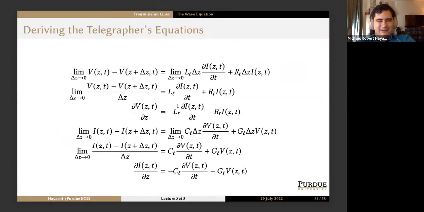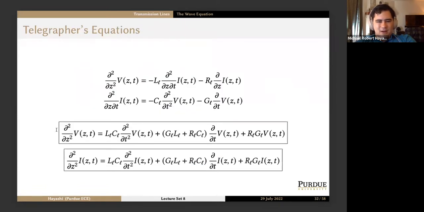And sure enough, when we did the derivation, we figured out how voltage changes with respect to distance along the line using KVL, and then how current changes along the length of the line using KCL and the differential equation formulation of it. We got these general wave equations right here,